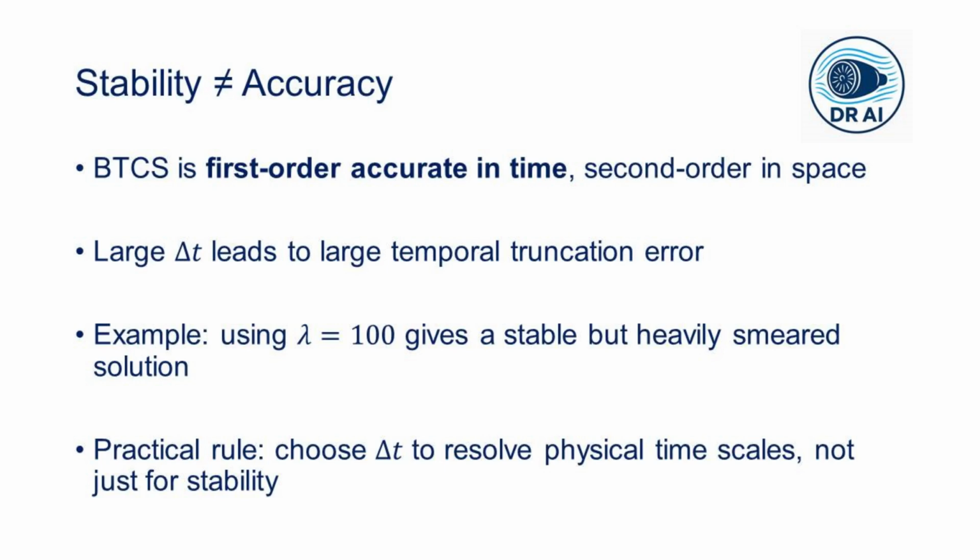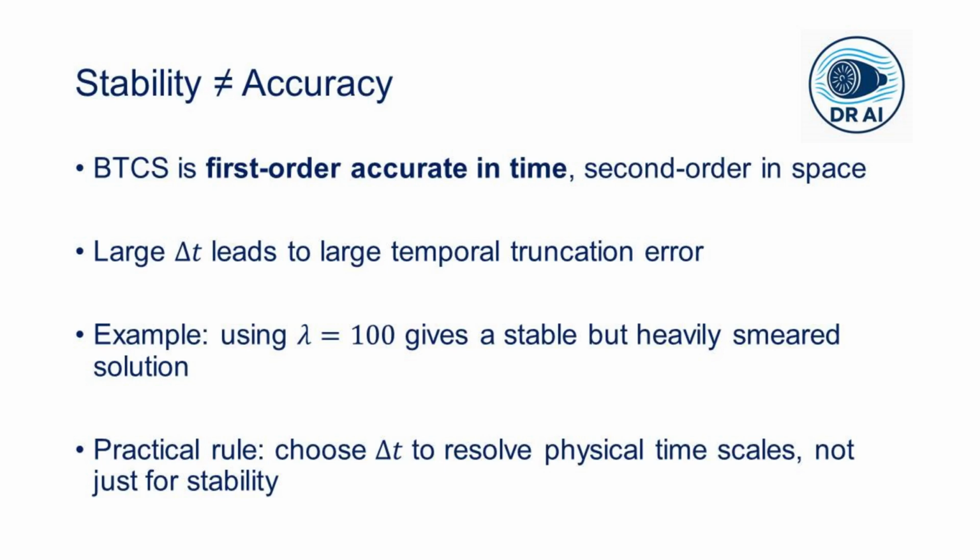Now we must be very careful. Unconditional stability does not mean unconditional accuracy. The truncation error of the backward in time centered in space scheme is first order in time and second order in space. So if we take a very large time step, the temporal error can become huge and the solution